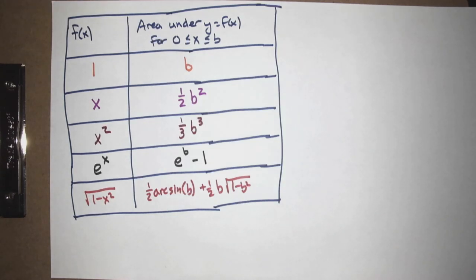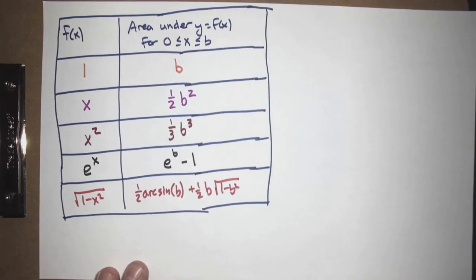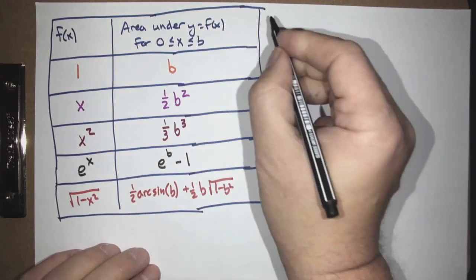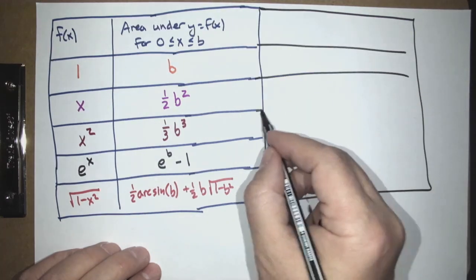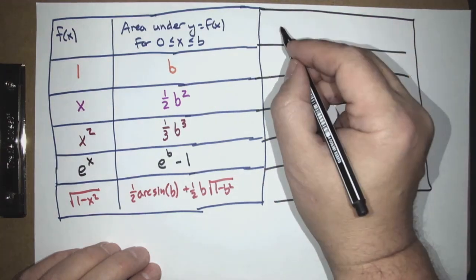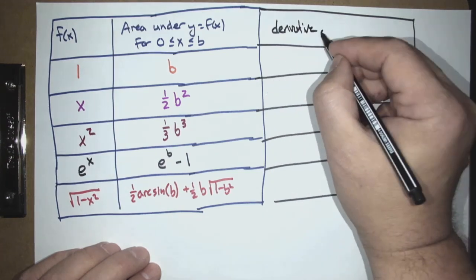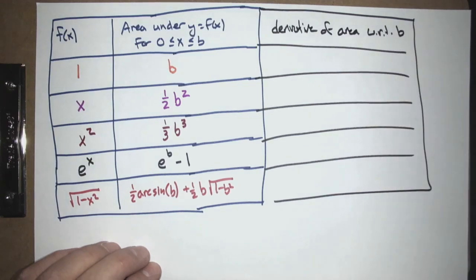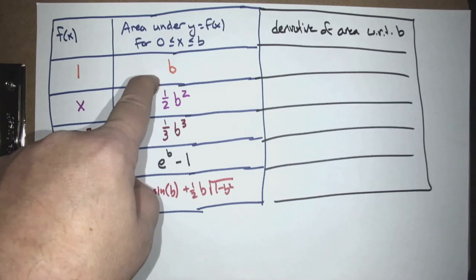Now, you might be looking at this and saying, there's some space on this page, Steve. Why don't we make this chart bigger? You're right. We should add a column. All right. We're going to take the derivative of the area with respect to b. So here's b. The derivative of b with respect to b is